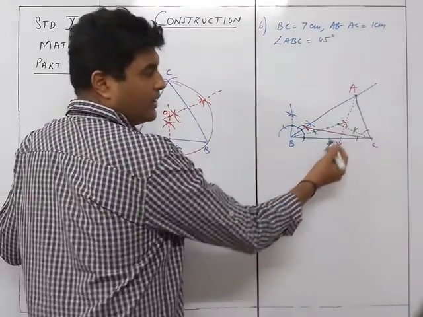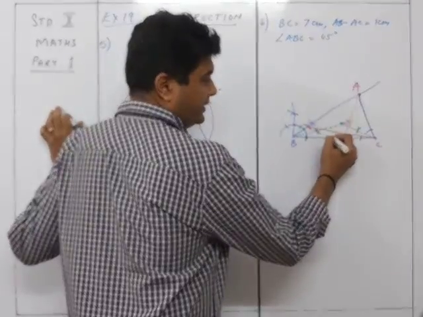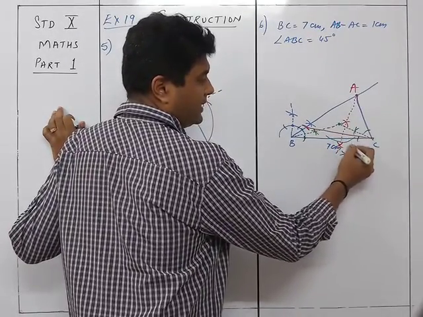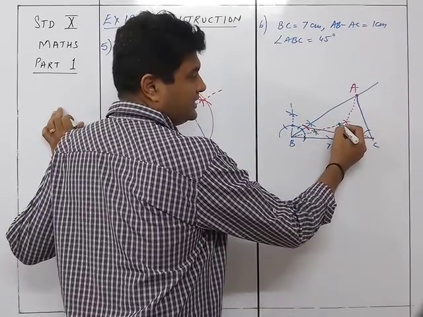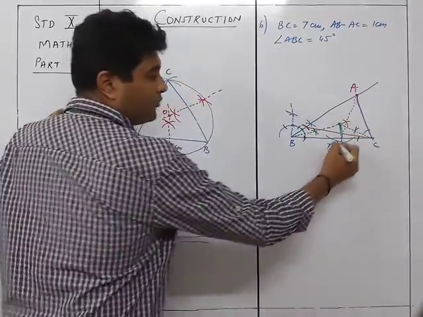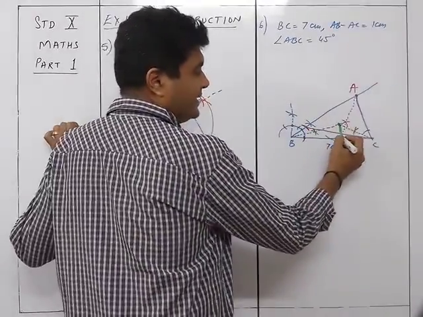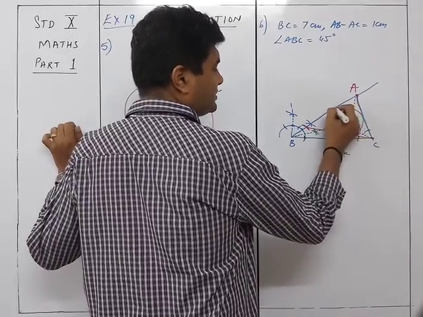From here, we are going to draw a perpendicular to the side. So from here, we take it like this, and from here cut an arc here, from here cut an arc here, and just join this part. Then this much part, from here to here, is your radius. With this as the radius, you are going to draw the circle. So the circle we will be drawing will be something like this.